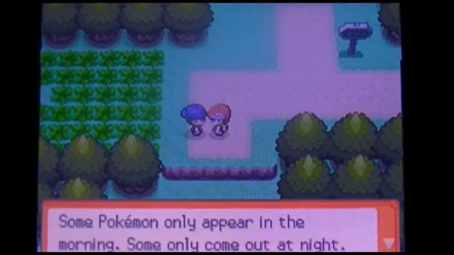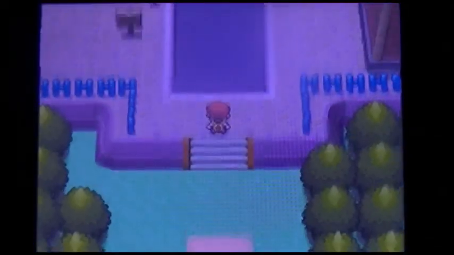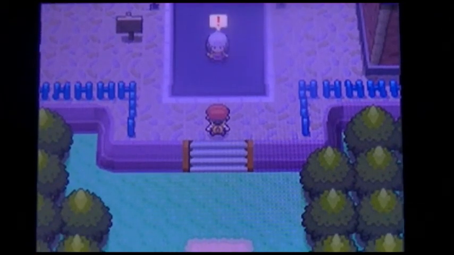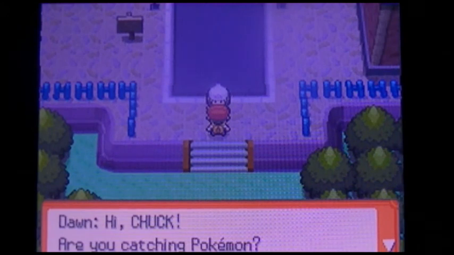What do you gotta say? Probably about this ledge. Oh, yeah, he's just explaining the time mechanic there. Some Pokemon only come out at night, some only come out in the day. And we have now arrived in Jubilife City. And who's here to greet us but that Fim